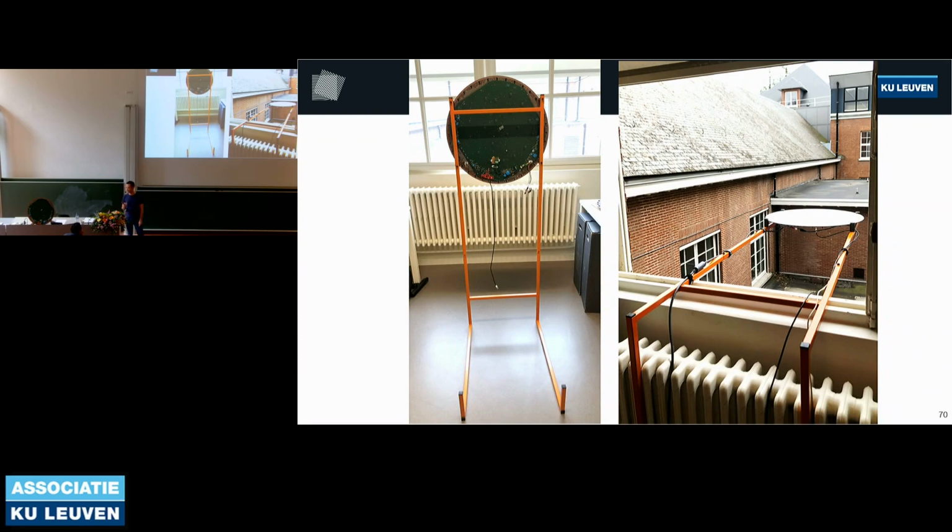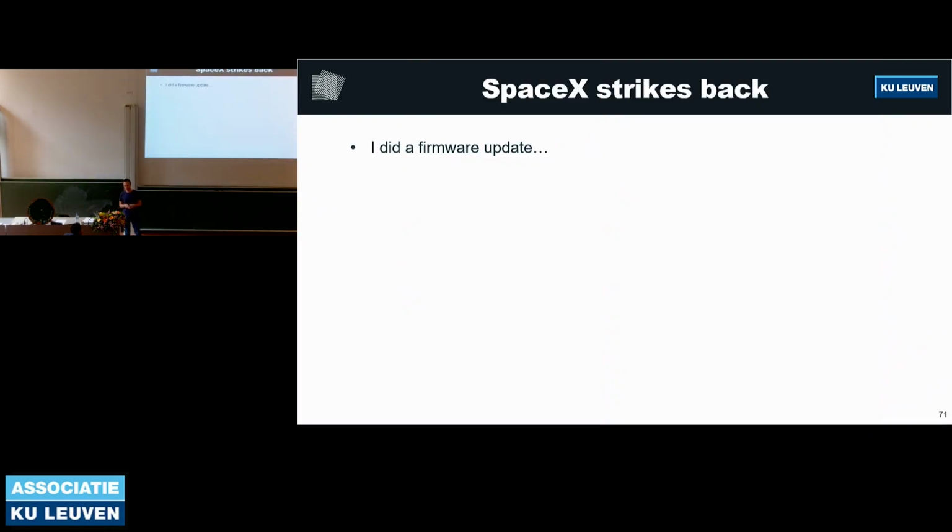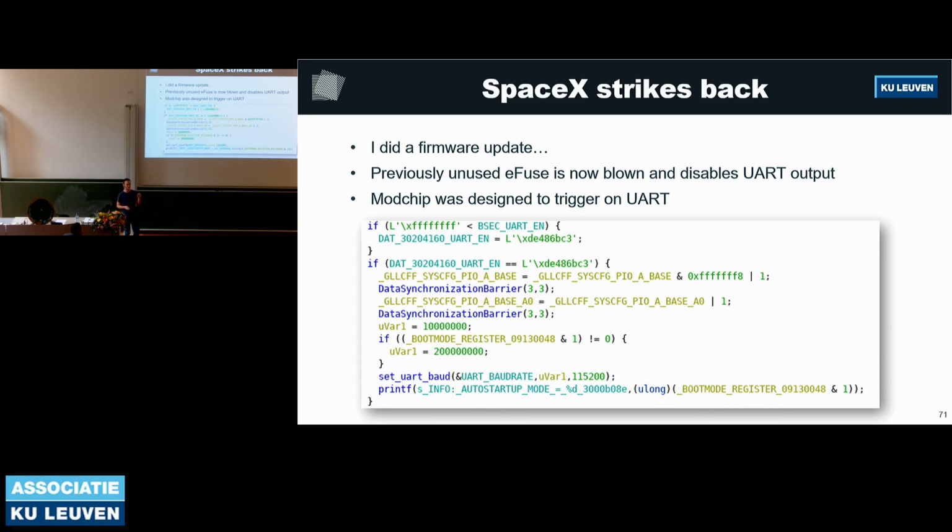Of course, at this point, I thought it was game over, because I can compromise the ROM bootloader. I can execute whatever code I want. There is no way SpaceX can actually do anything about this in the field. Now, it turned out that when I did a firmware update, SpaceX actually still had one tiny e-fuse that they could blow that would